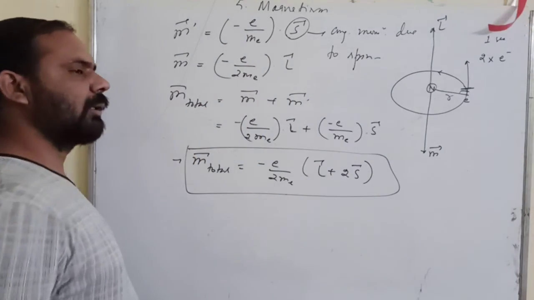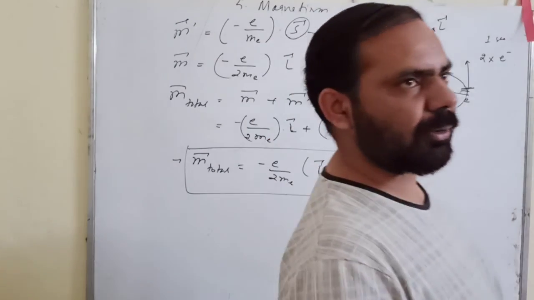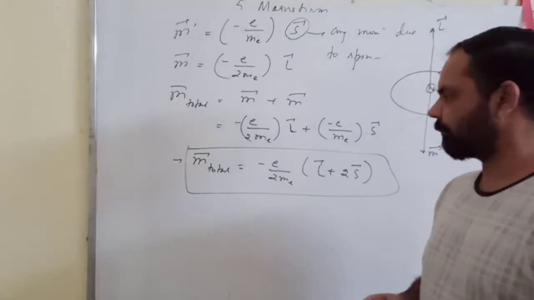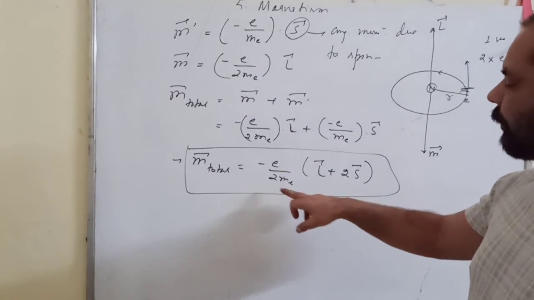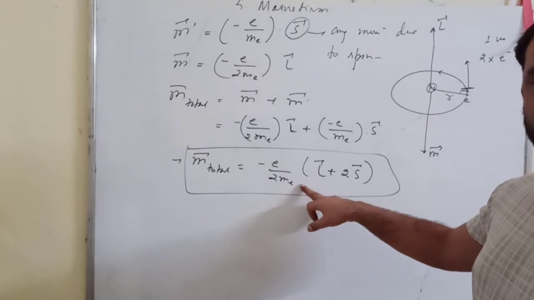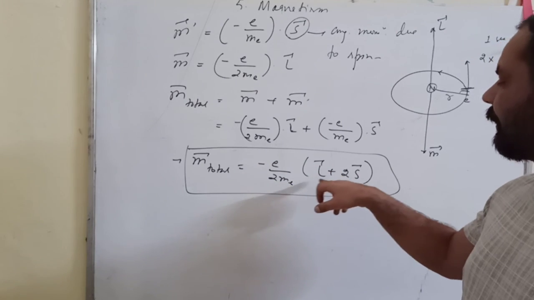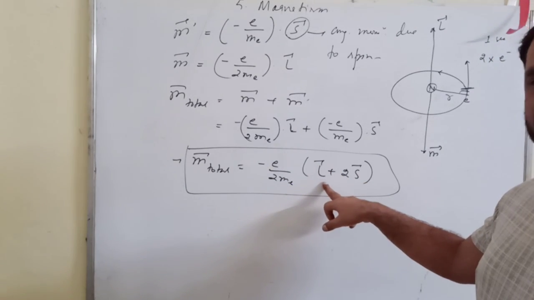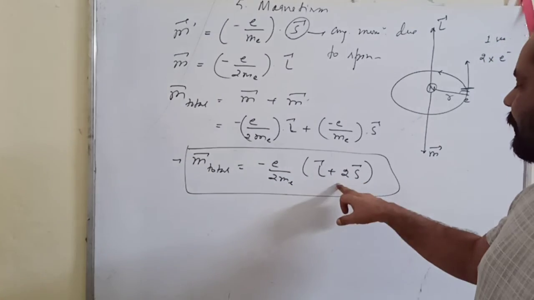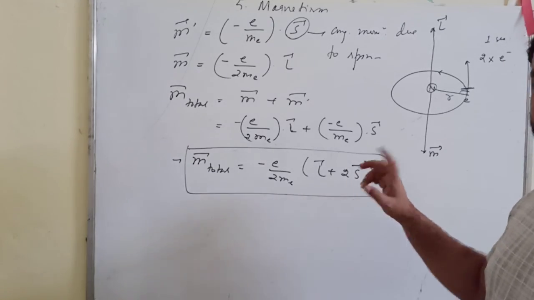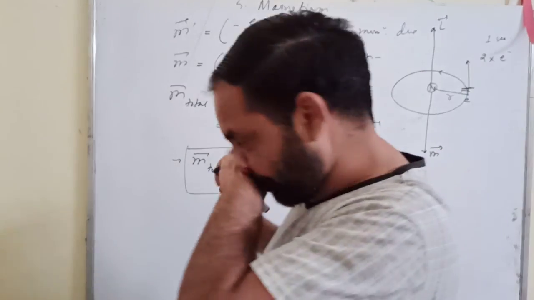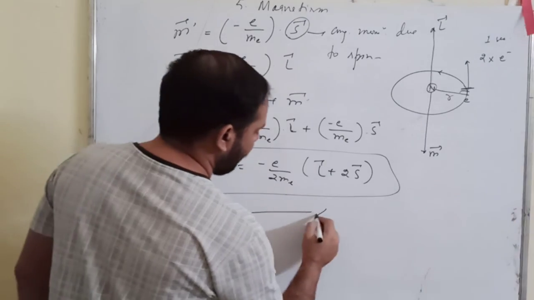This is your total dipole moment of the electron moving in an atom, right? e upon me is the charge to mass ratio of the electron. So minus e upon 2me times the angular momentum due to the revolution of the electron, plus 2 times the angular momentum due to the spin of the electron. Okay, this was all about your magnetic